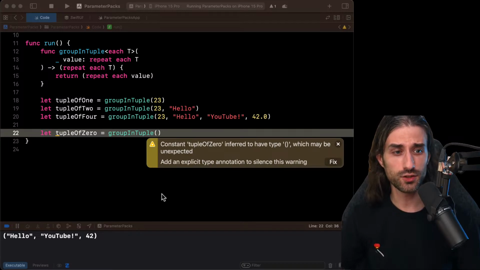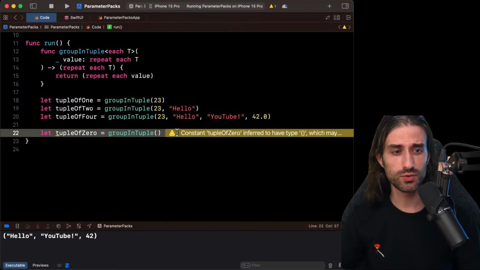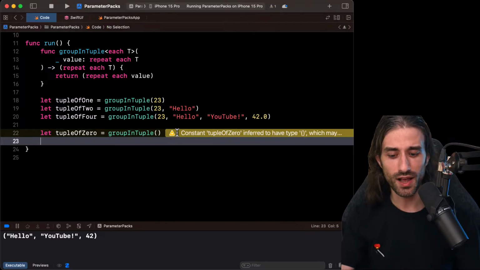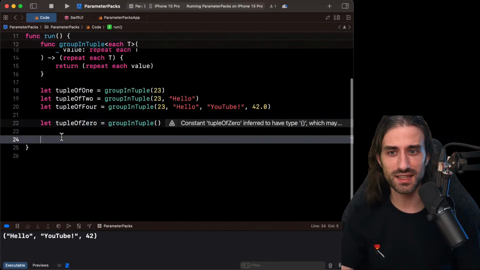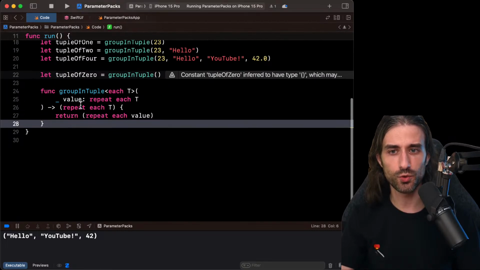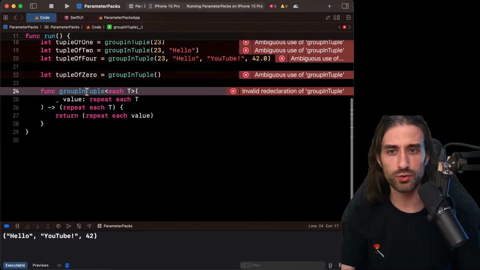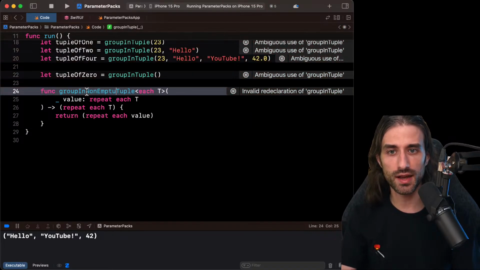And so it's actually possible with a parameter pack to still force to have at least one value. And the way you do it is pretty interesting. So I'm going to do it by taking as a base my function group in tuple, and I want to call it this time group in non-empty tuple.